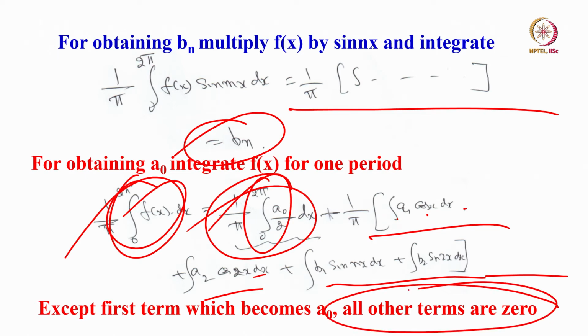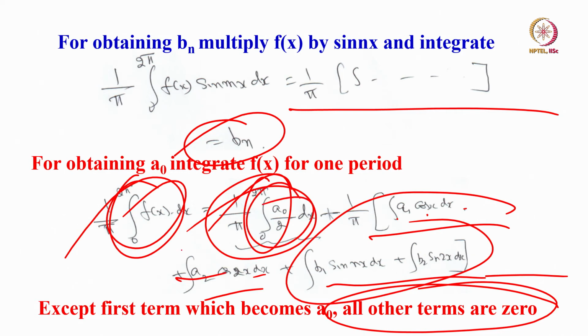Why are they 0? Remember, I gave you a few definite integrals as a sort of table or chart for you to use. I just use those things, that is all. I did not explicitly work out the integrals. You can do that, it is not difficult at all. Simply I have expanded this and integrated from 0 to 2 pi, but I know after doing this all these terms will go to 0 except a0.